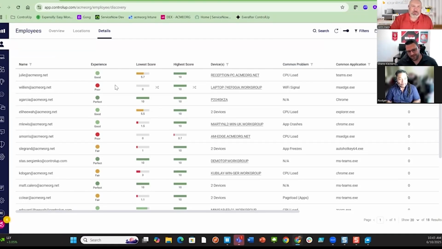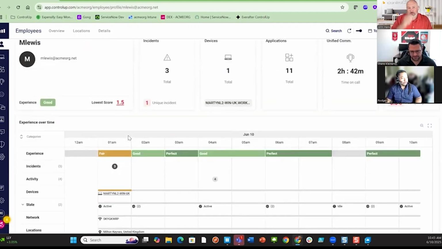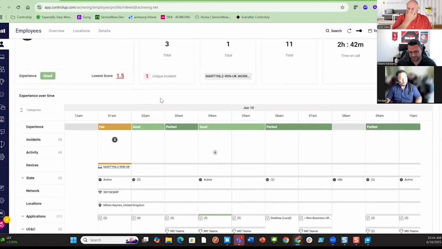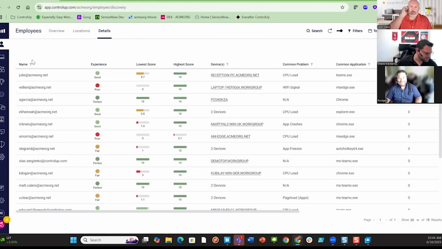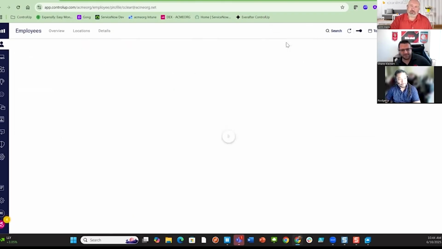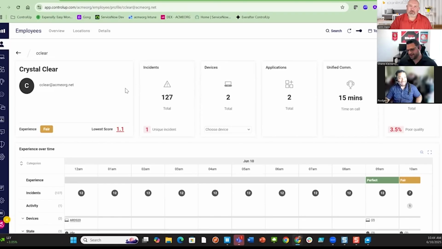And then the other piece here, what I love about the employee view that you showed, is when you click into one of those and you see that timeline across the user's day, it's just phenomenal. Some users roam between devices. Me personally, my laptop took a crap, and everyone knows I always have audio issues with the different headsets. My laptop was having all sorts of problems, and I was going to go get a new laptop, and I'm like, you know what? I went and bought an iPad. And with what Apple is charging for these keyboards, this keyboard was like $400. Good on Apple for doing that.